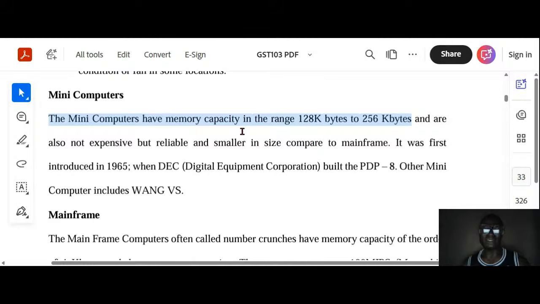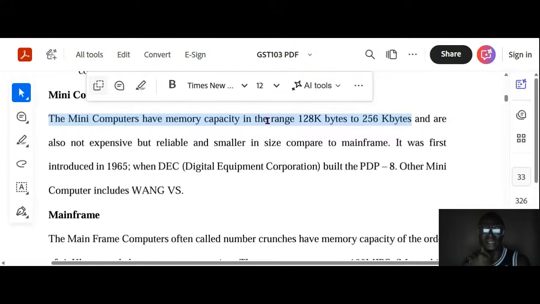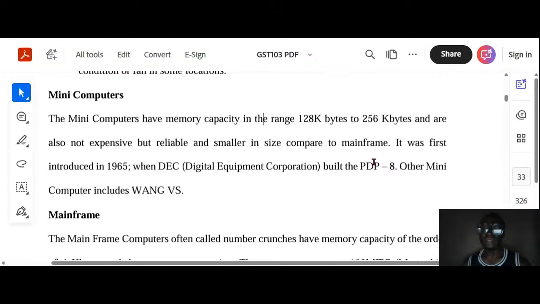The question says, the dash computers have memory capacity in the range of 128 kilobyte to 256 kilobyte. I don't know if some of you still remember the question, like those of you that did the TMA yourself, you know that you met this question. In fact, in most cases, they repeated it twice. In one version of this question, they cut out the mini. In the second version, they cut out 128K and 256 kilobyte. So I'm not saying that it will come out in exam. I'm just reminding you. You understand?